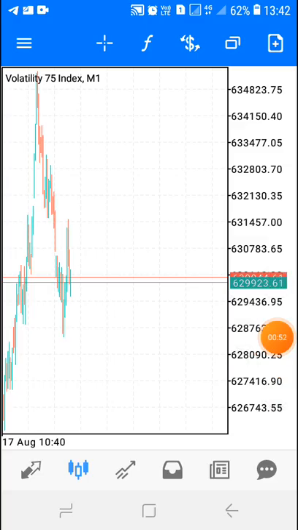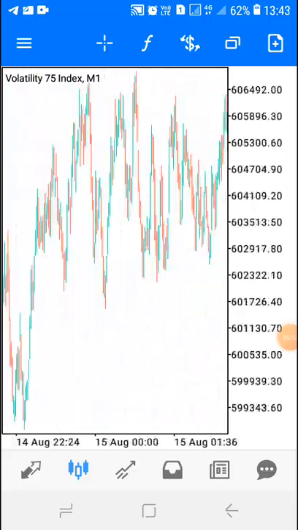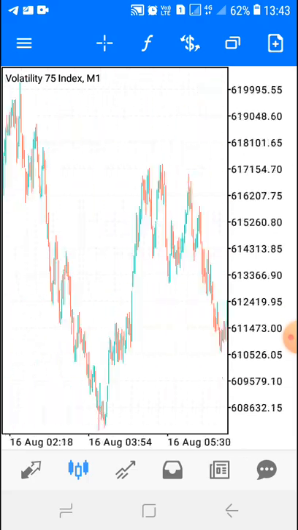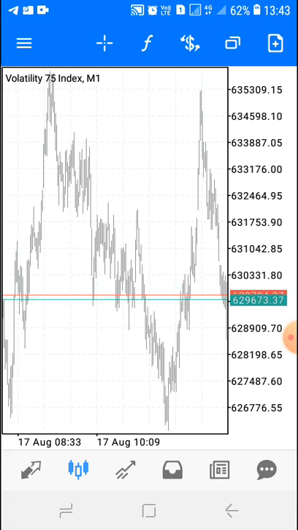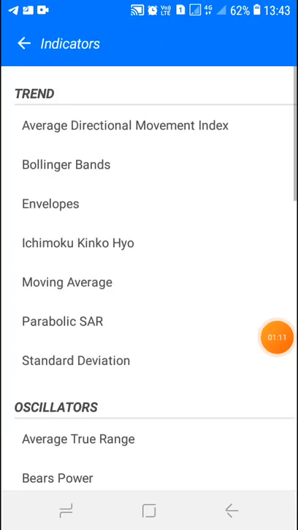Okay, so this is a scalping strategy that I'm gonna show you guys. You can use it on the 1 minute time frame or the 5 minute or the 15-minute time frame. So to use this strategy, we're only gonna use indicators, right? But you can add a bit of price action if you want to. So the first indicator we're gonna have is our